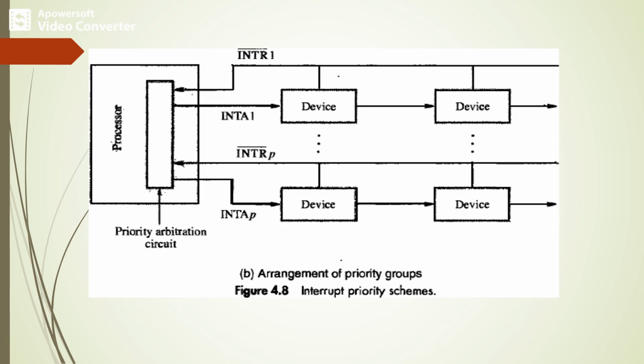This signal is received by device 1. If device 1 has requested the interrupt, it blocks the INTA signal and sends its identifying interrupt vector on the data bus. If device 1 has not requested service, it passes the INTA signal to the next device. Hence, in daisy chain arrangement, the device